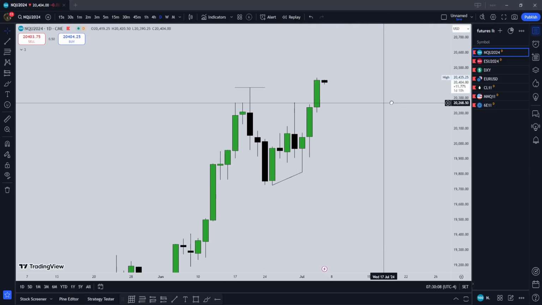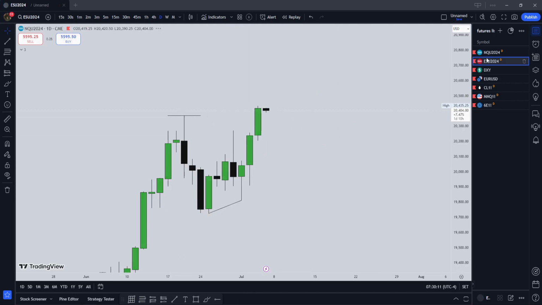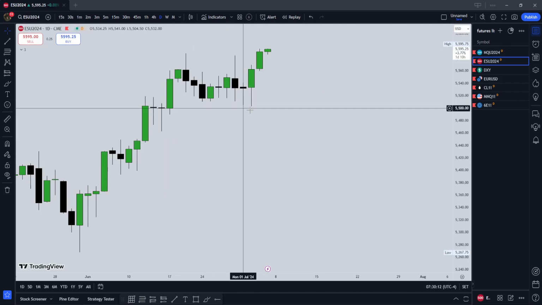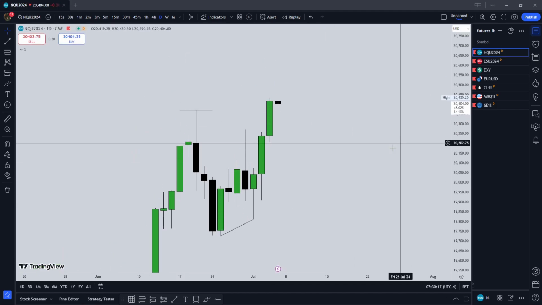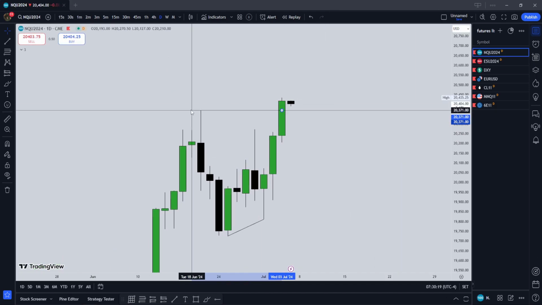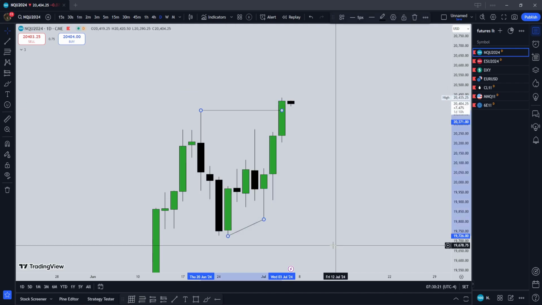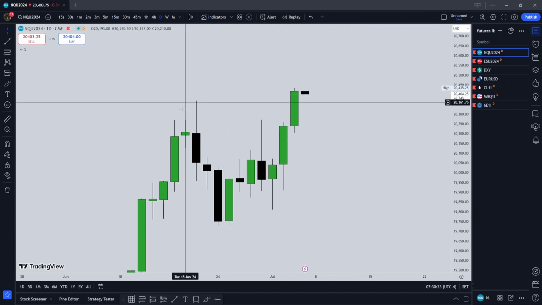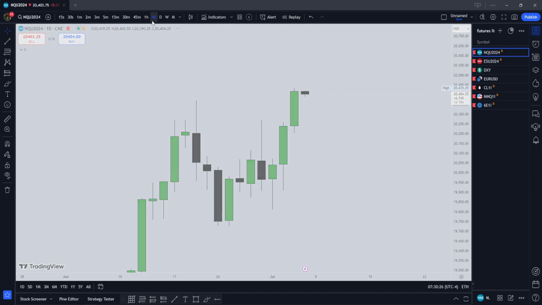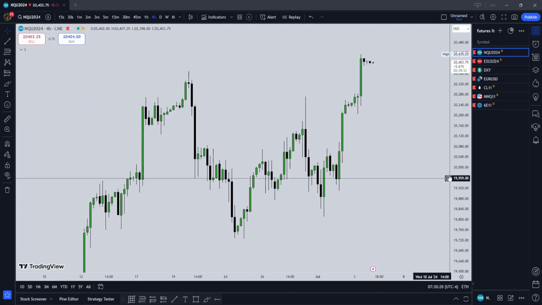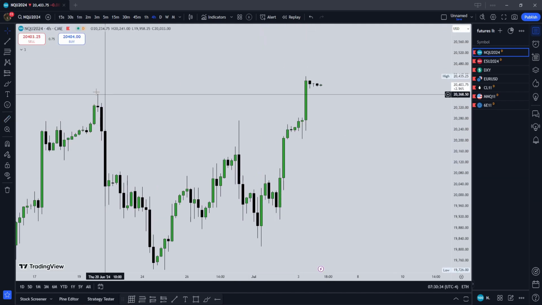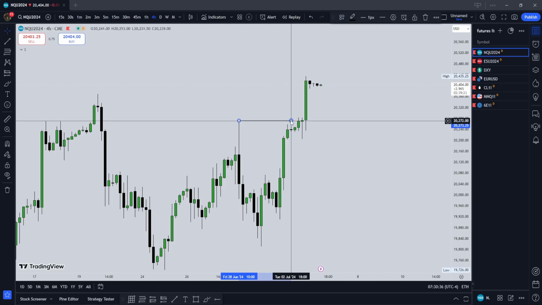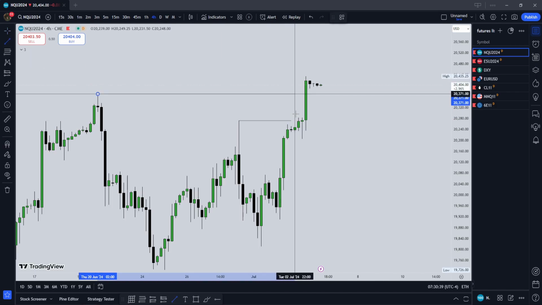So after this SMT here on these lows, as you can see, ES took this low and NQ did not. After that SMT, what do you target? You target the buy side. Now let's go on a lower time frame and see how you could target this high on a time frame lower than that. If I go on a 4-hour time frame, when the time came for the market to be bullish, to target this swing high, this swing point,